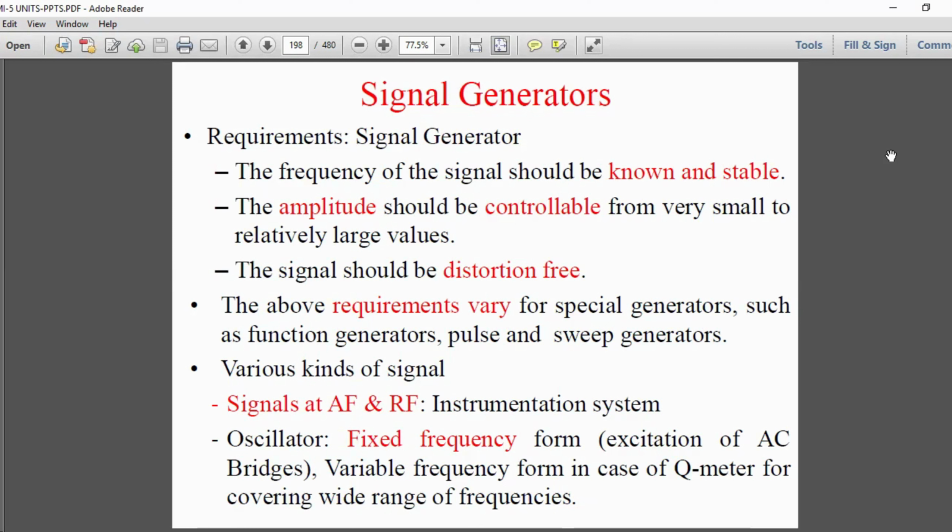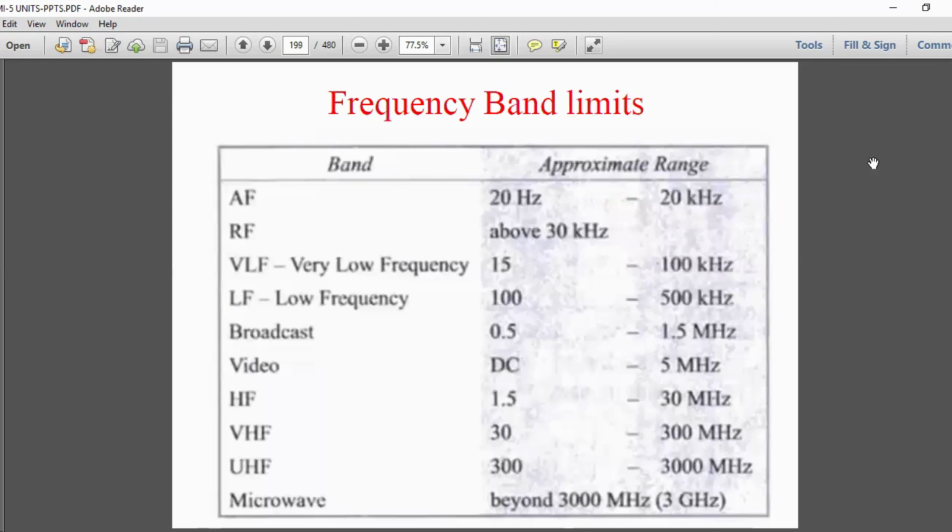And the oscillator has a fixed frequency form, like excitation of AC bridges, and a variable frequency form in the case of a Q meter for covering a wide range of frequencies. And the frequency band limits, like we have listed the bands here, and the approximate range of the